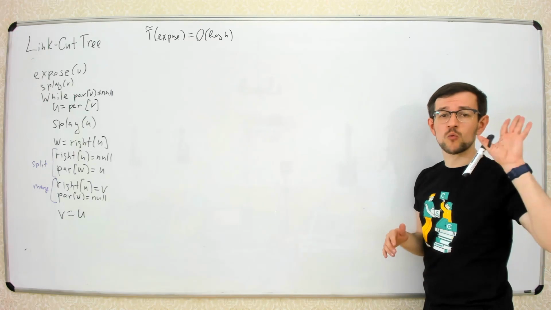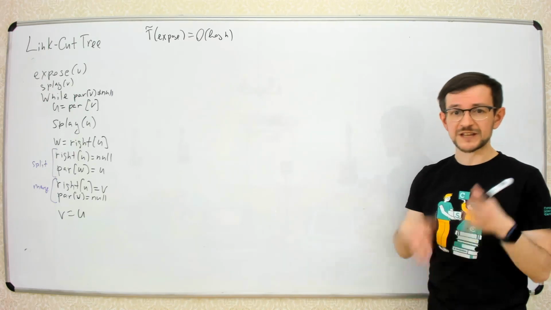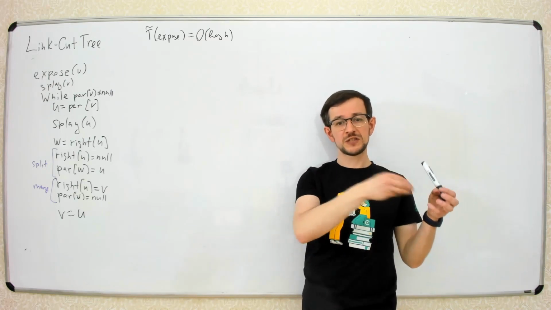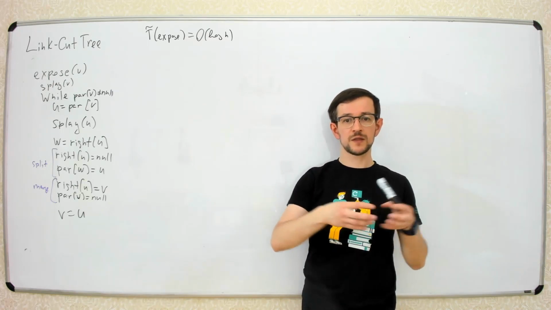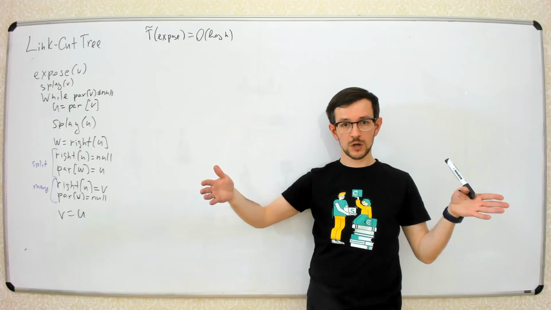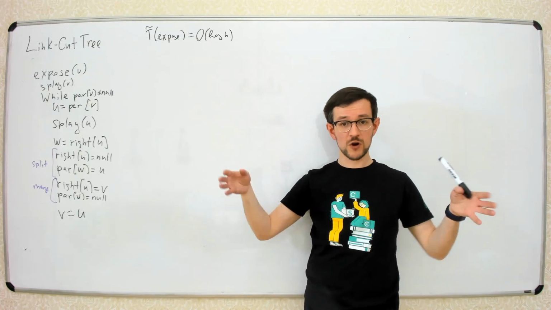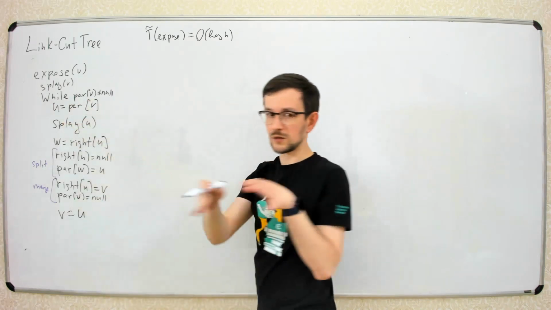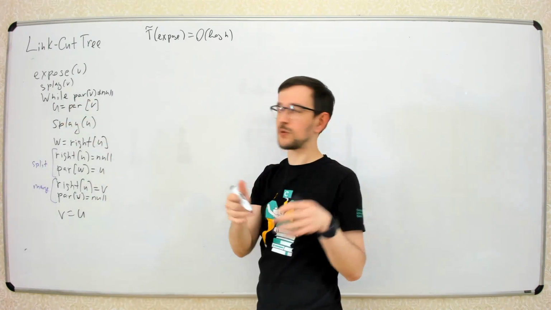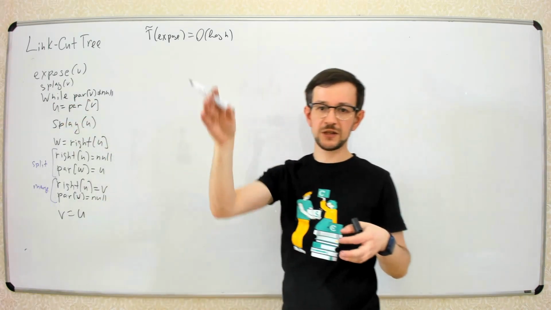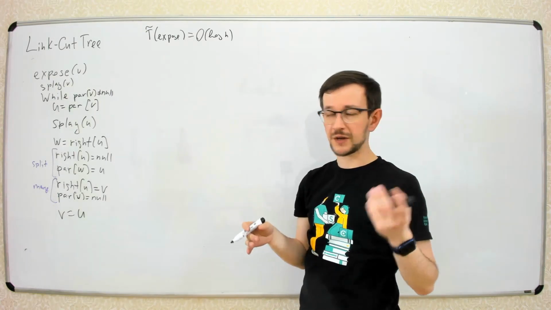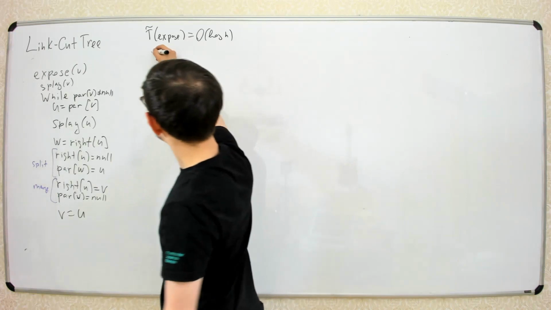Again, let's remember, what is amortized time? Amortized time means that some operations may take longer time, but if you make a series of operations, then the total time of all of these operations will be normal. So if you start with some starting position, for example, when you have single nodes, each single node is a separate linked tree,